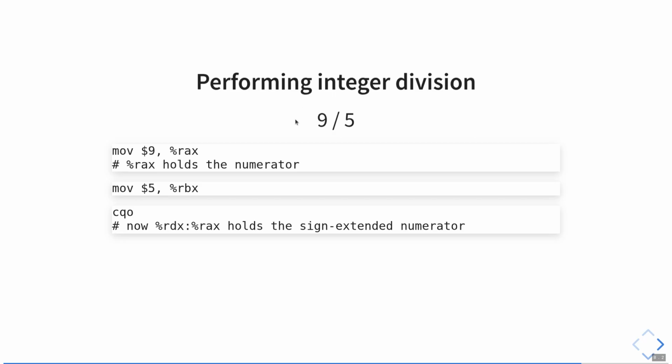What this will do is combine the RDX and RAX registers into one pseudo register, you could say, which holds the sign extended numerator 9. The reason we have to do this is because the specification for the x86-64 assembly instruction set says that the numerator for division has to be 128 bits in size, but a normal register can only store at most 64 bits. So we have to call this CQO instruction to combine those two registers to form a 128-bit register